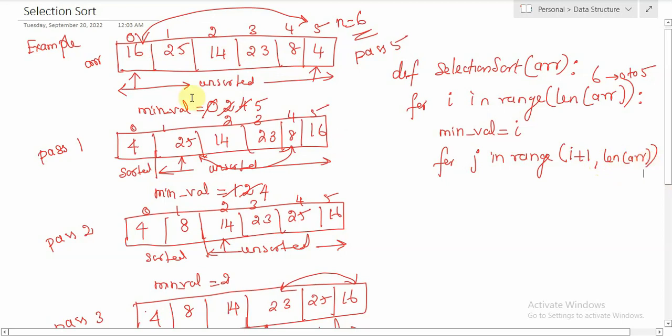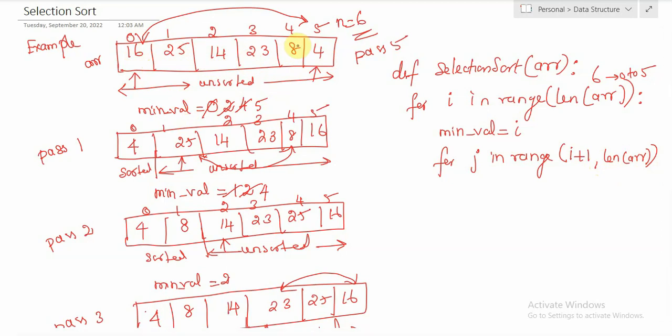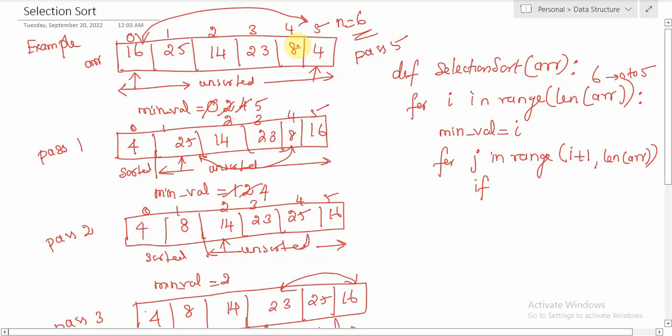Then what we did, we know we have to start from the next value and go till the end. And then we did the comparison, right? The minimum value was compared with all the other elements. So there needs to be a condition checking whether the minimum value needs to be updated or not. So how will I check? If the array value at the minimum index which I chose is greater than the value on the right side of that,